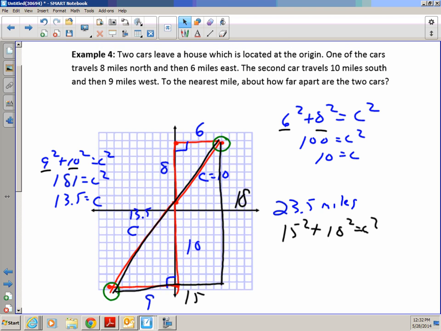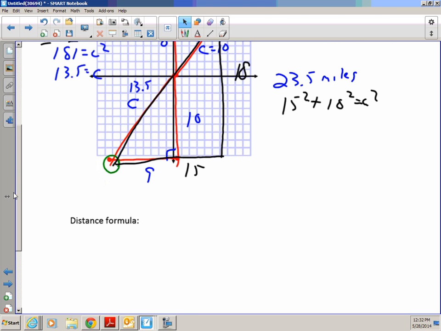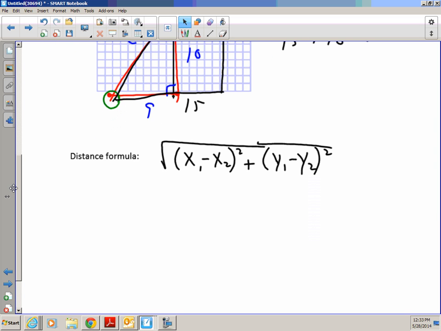Now, the distance formula shortcuts all of this for us. Okay? And the distance formula is the square root of (x1 minus x2) squared plus (y1 minus y2) squared. Okay? So the distance formula is really just a simplification of the Pythagorean theorem. And if we were to use the example above, okay,